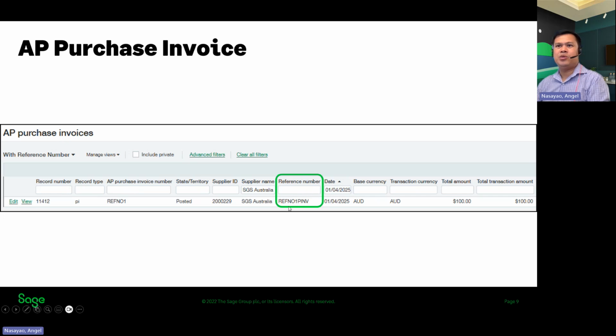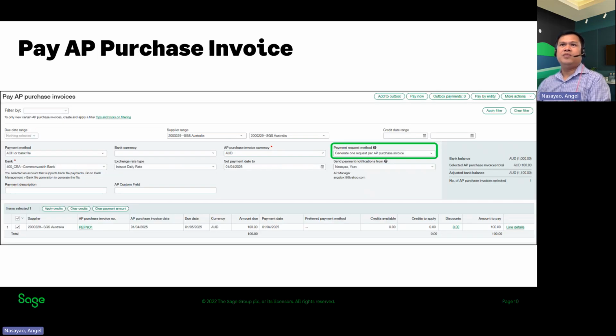You have the reference number of that defined as RefNo1 PINV. All right. So if we make a payment, this is the payment request method. We have generated one request per AP purchase invoice. All right. And I have that invoice being selected. So when you process the payment, having gone through the process of pay now under cash management, you generate